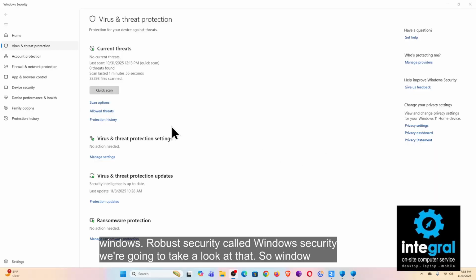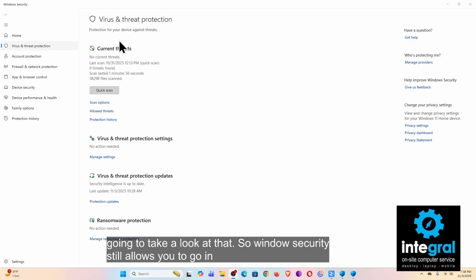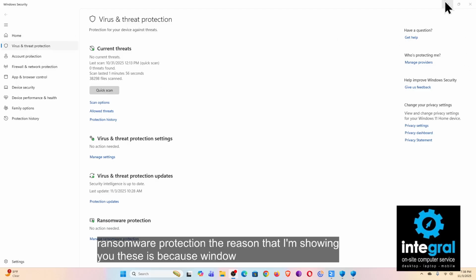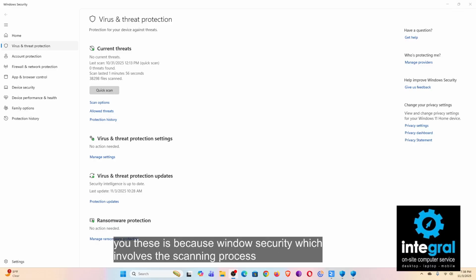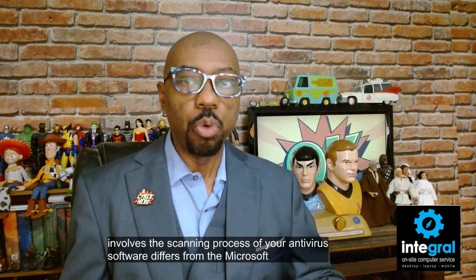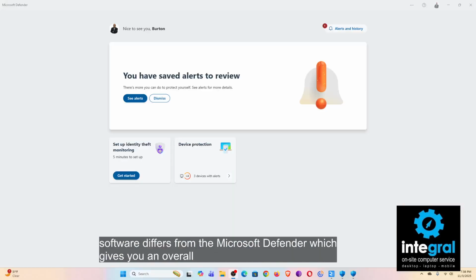So Windows Security still allows you to do a quick scan with your virus and threat protection on your computer. You can also look at your virus protection threats. As you can see, it's been updated. And then Microsoft Defender, or Windows Security, also offers ransomware protection. The reason I'm showing you these is because Windows Security, which involves the scanning process of your antivirus software, differs from Microsoft Defender, which gives you an overall view of what's going on with your devices,